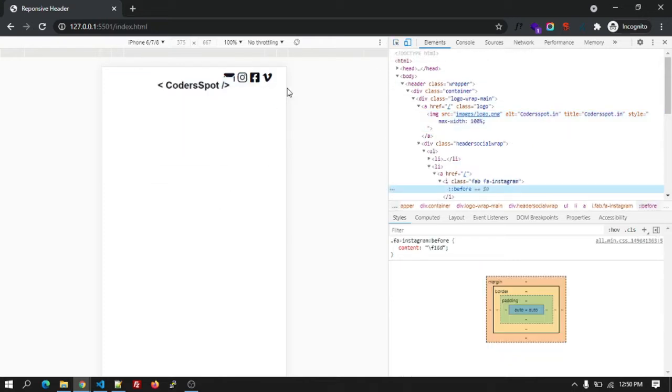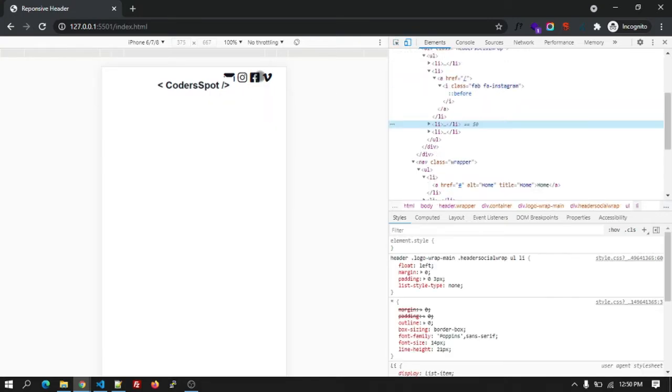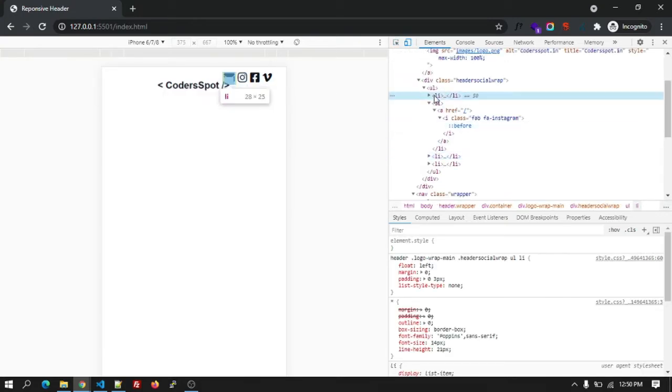After that we are going to use the wishlist icon over here instead of the social media icons. We will add one li in that. The wishlist icon is not there yet, so we will add that icon first.